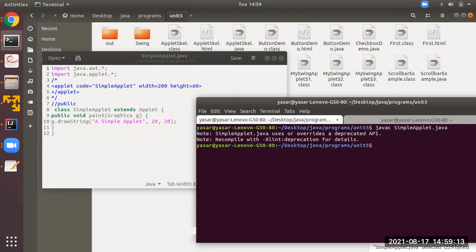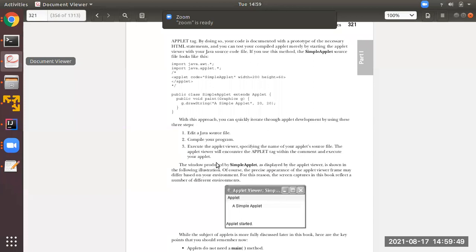But remember here, when you are going to run this program, you can do it in two ways. I'll show you the first way. As this is a program related to an applet, we are going to provide the command appletviewer and try to open the program with the file name. What is the file name we have given in the program? It is SimpleApplet.java. Now within a fraction of a second, the applet window will be opened in this way.